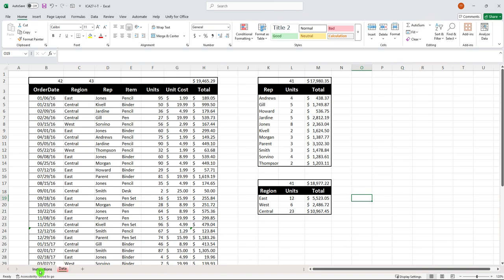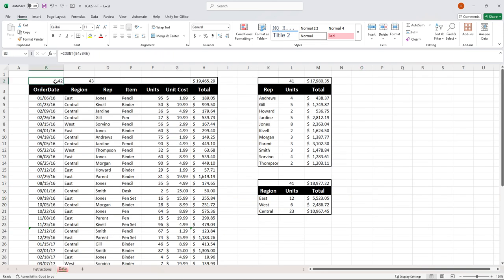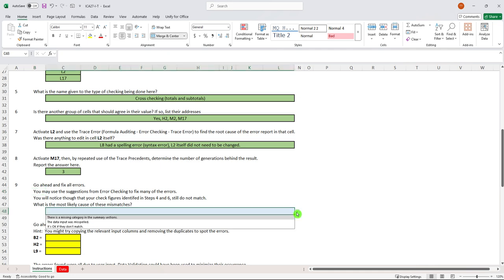All right. So if I go back here, it says we went and fixed all the errors. So the errors are corrected, but we notice that the check figures identified in 4 and 6 still do not match. And that's 42, 43, 41, 41, those are not matching. And also these do not match. So there's a problem there. And we're going to click here, and the pull down is going to say